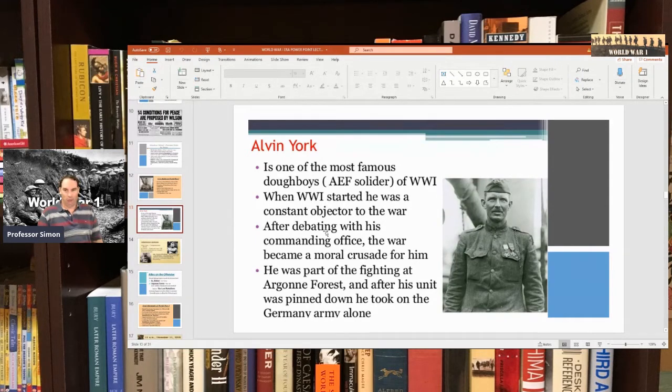I think when they first drafted him, he didn't want to fight. I think he was a Quaker. You study about Alvin York. There was a joke about this. It was kind of funny, but he was going through the military training for war, and he told one of his officers that training to kill somebody is against my religion, is what he basically said. But he eventually changed his mind and became, like I said, one of the most decorated soldiers, of course, in